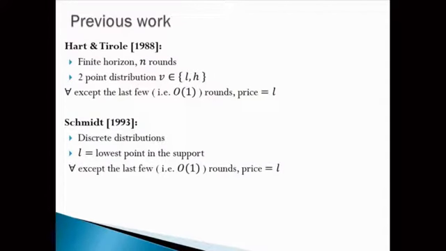Let L be the lowest point in the support of the distribution. What he showed was that the PBE is guaranteed to exist according to some big hammer theorem, and in every PBE, if L and H are known, the seller is going to price at a low price except at the end. Which means he won't even find out whether he could have sold at the high price until the end. That doesn't seem like the logical thing to do. But this is basically what equilibrium dictates, if you want all the conditions that I specified in the previous slide to go through.